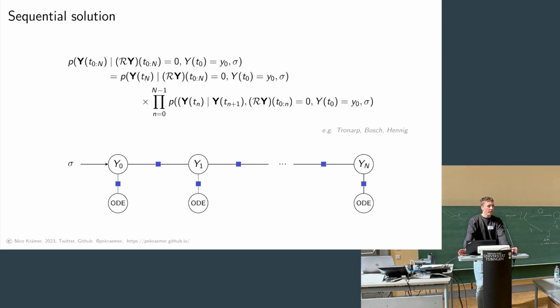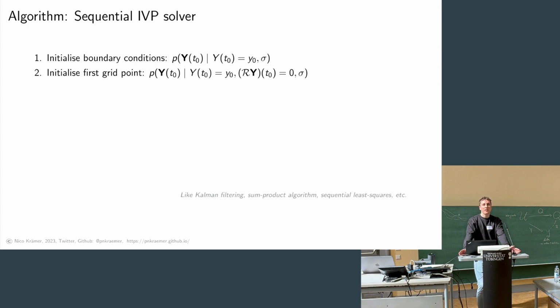So the basic message here is that the ODE solution factorizes into a bunch of sequential rules or joint distributions. So what does that mean for our ODE solver now? For our ODE solver, that means that we start by initializing the boundary condition, or in this case, the initial condition, and the first time derivative. So we start at time 0, and then for all time points,